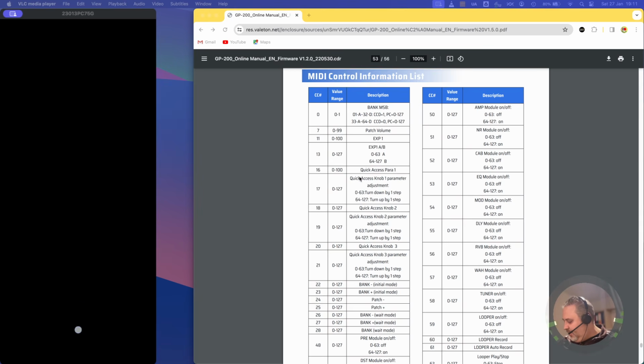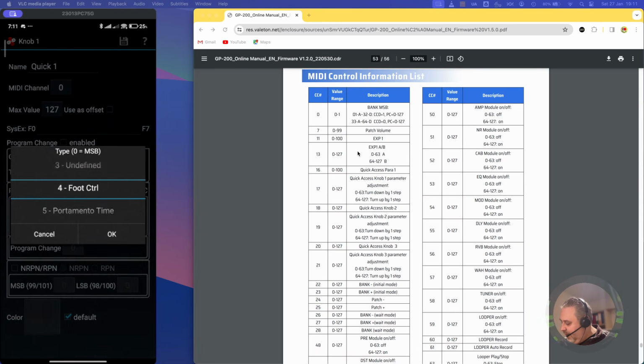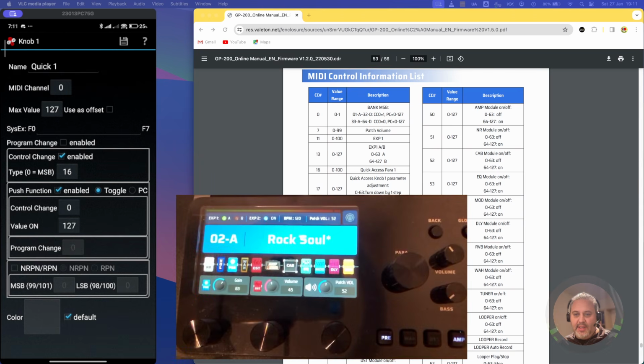So let me return to the screen on my smartphone. Sorry, it turned off. And let's select control change type and select the 16 as we have seen before. Okay. Now it is also possible to select a value when the button is pressed. For example, considering that the first knob in this preset, the quick knob number 1, changes the gain. Let's imagine that I want to